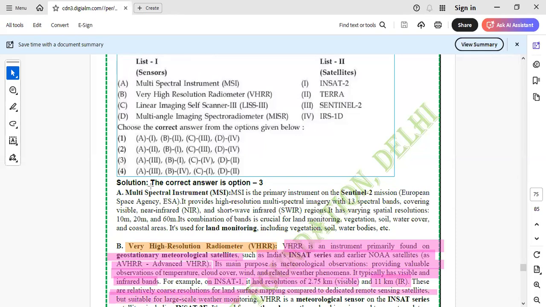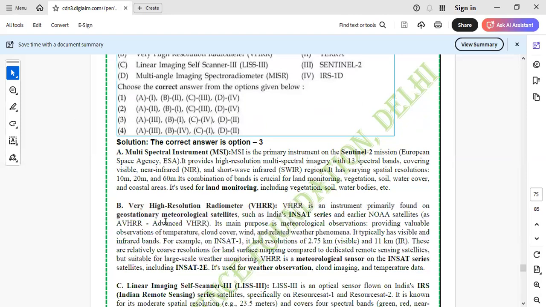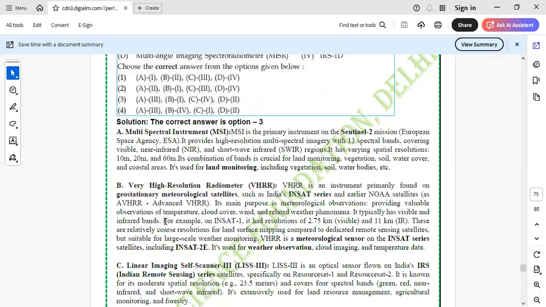but suitable for large scale weather monitoring. VHRR is meteorological sensor on INSAT series। ये आपको ध्यान रखना है कि VHRR जो सेंसर था वो आपकी INSAT सैटेलाइट की जो सीरीज थी उसके अंदर बहुत फेमस हुआ, right. And INSAT 2E का नाम स्पेशली हाईलाइट होता है यहाँ पे, including INSAT 2E, its use for weather observation, cloud imaging and temperature data. तो ये ध्यान रखना है स्पेसिफिक फंक्शन की कहाँ यूज हो रहे हैं।